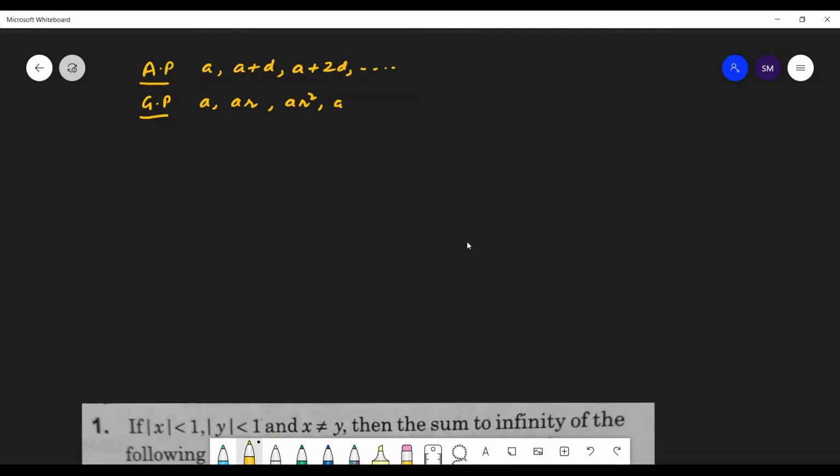So students, in this chapter, we are studying two important progressions or sequences, arithmetic and geometric. So this is arithmetic progression and this is geometric progression. Okay. So in geometric progression,